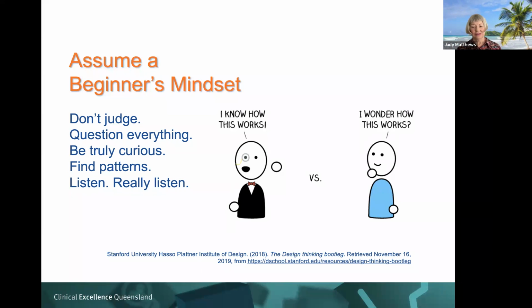What are the patterns? When does it occur? How often? Are there some other factors that trigger it? And also really listen. So that's listening certainly with your ears, but also with your eyes. You're seeing what's happening when people are telling you things, what energizes them, what actually worries them. Really, really listen. That's really the beginner's mindset. So going forward from there,